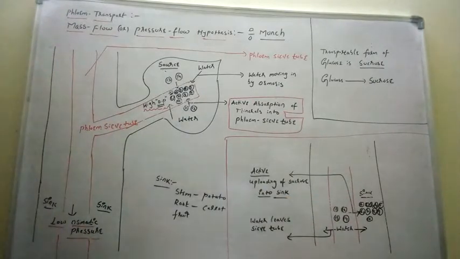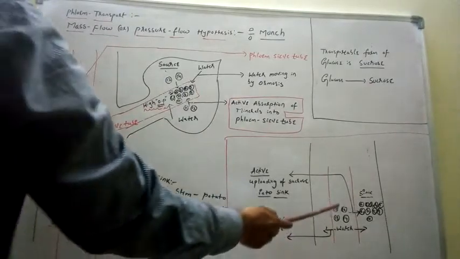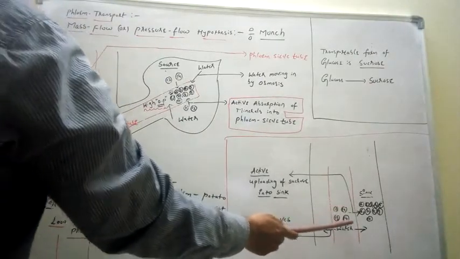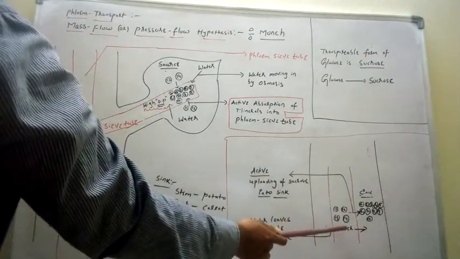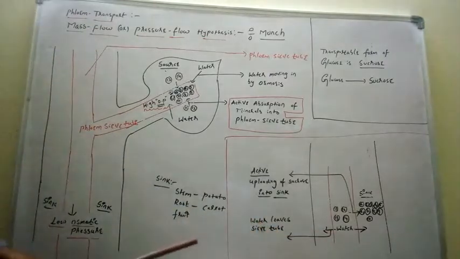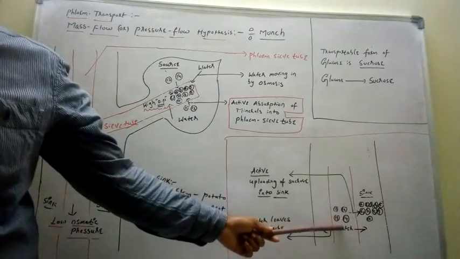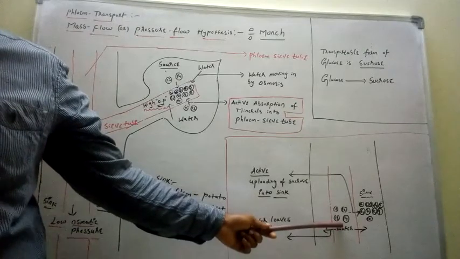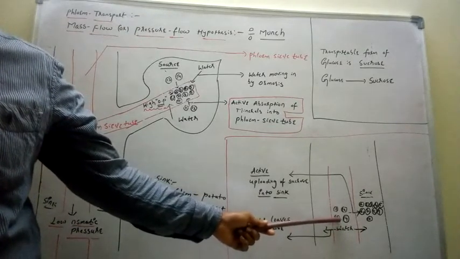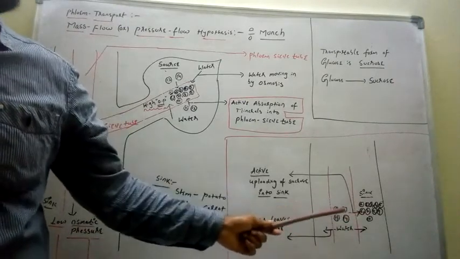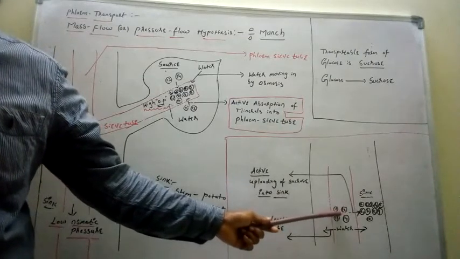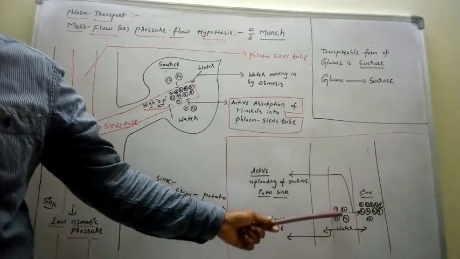Now after the active absorption of sucrose from the sieve tube into the sink, what will happen here? One by one, the solute molecules are decreasing in number. Is it correct or not? In the sieve tube region of the sink region, one by one, the solute molecules are decreasing. So when all the 14 solute molecules have entered into the sink, there are no solute molecules. When there are no solute molecules, what will happen? Higher water potential is established in the sieve tube of the sink region.